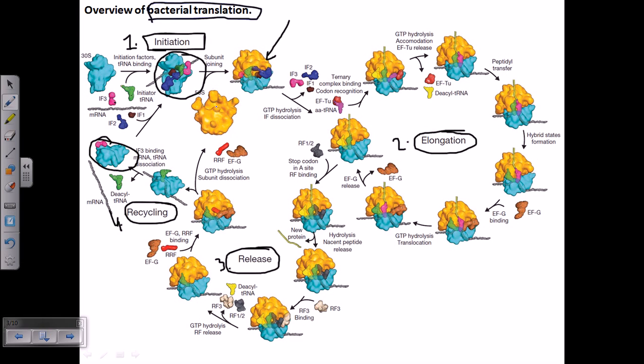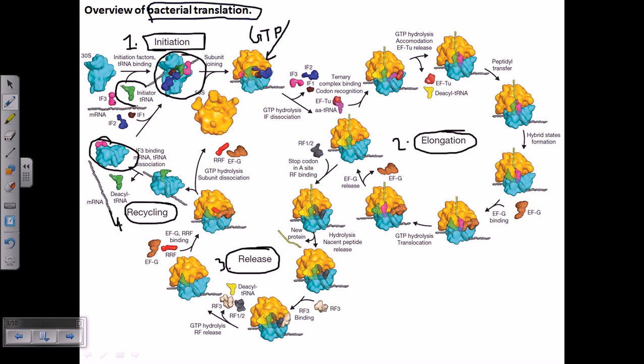Once the 50S subunit binds, it also binds with GTP. During this translation process, GTP plays a very important role, because in this case we won't be seeing ATP. Most of the initiation factors, elongation factors, and release factors we're talking about are typical GTPase proteins. So GTP comes along with the 50S subunit, they bind, and GTP is hydrolyzed. As a result of this GTP hydrolysis, the initiation factors dissociate. So IF1, 2, 3 are dissociated, and then a new tRNA will come and bind with this sequence.